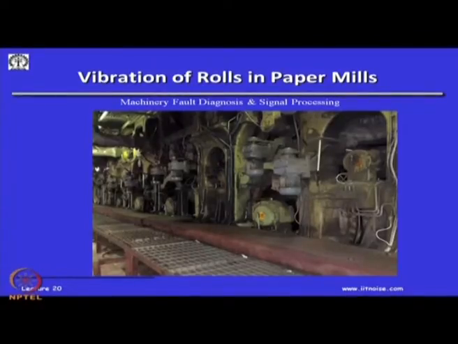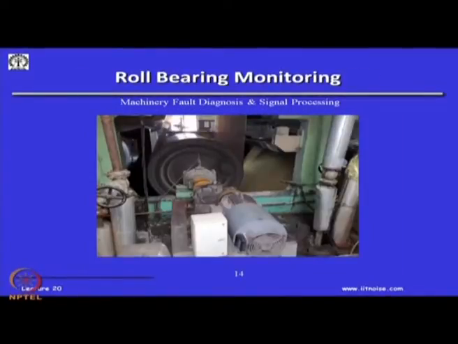Okay. And in such a plant, and this is in a paper mill, continuously the data is being recorded. Okay. This is another view from the other side. You will see this is again a transducer which is used to measure. This is one of the rolls of the paper mill, and you can see a lot of steam. These are all steam jackets, steam pipes to heat the dryer rolls. These are all steam pipes, and very high temperatures, rotating at high speeds. Every bearing has to be monitored continuously.